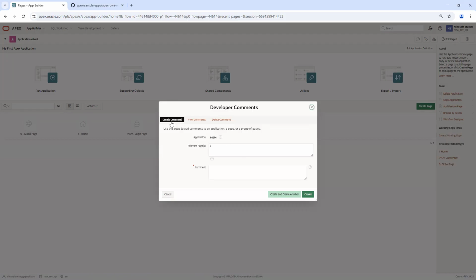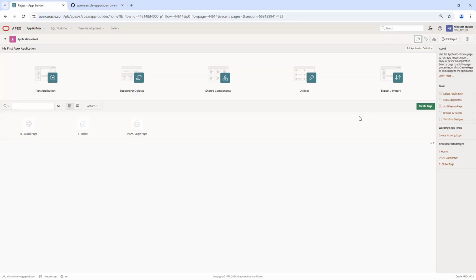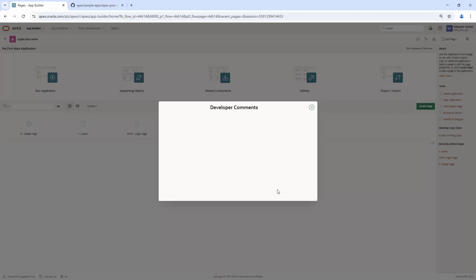And here in the create comment tab, I have two buttons, create and create another. So what is the difference between these? When I use this create button, it will just create one comment and it will close this pop-up. So this one we call a pop-up. So it creates the comment and automatically closes the pop-up. But when I use create and create another,